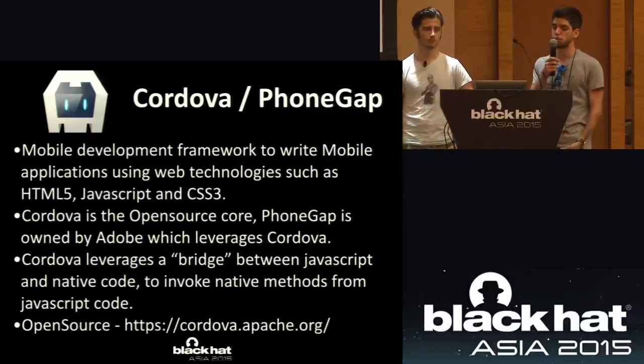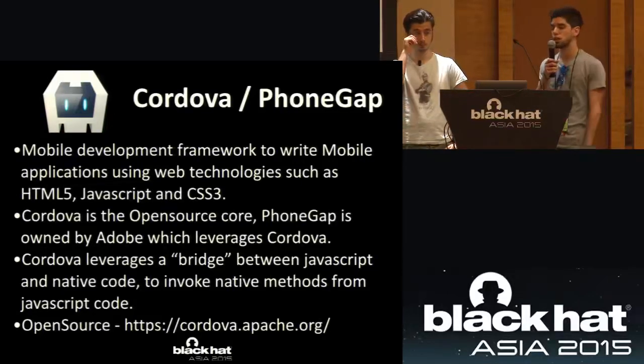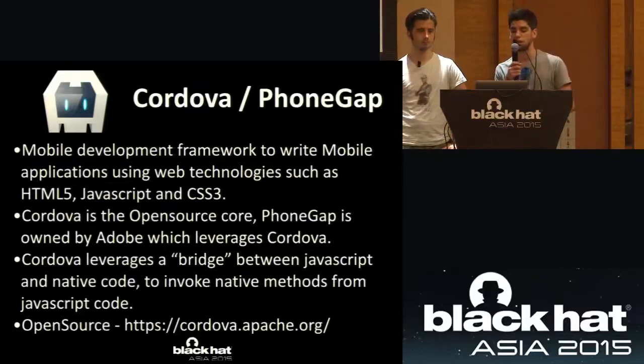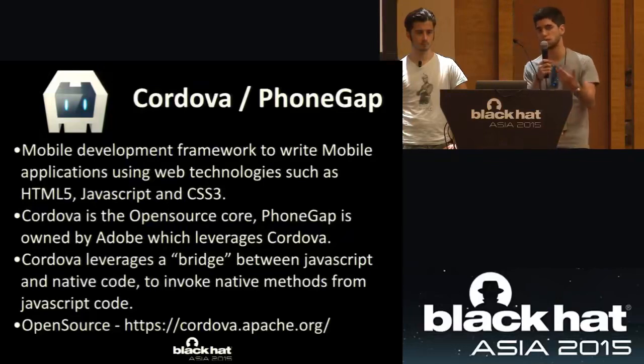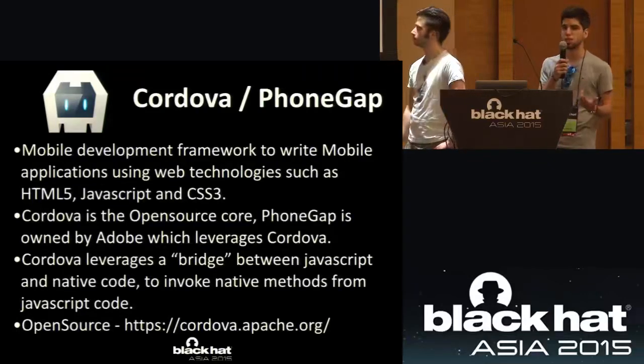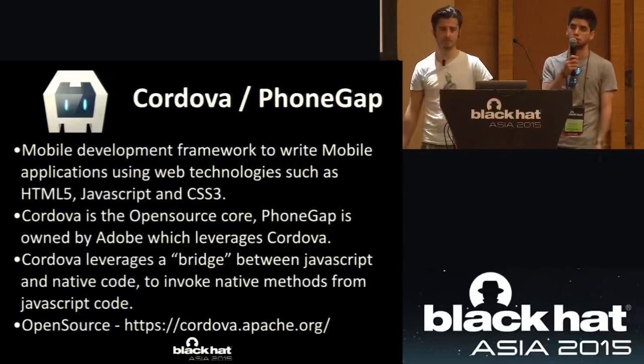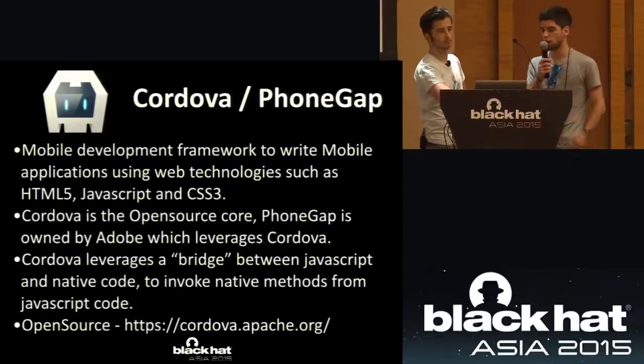And it is thanks to the use of script languages like HTML5, JavaScript, or CSS. As my colleague Marco said before, the main core of the framework is based in Java, and right after that, they built at the top of the core framework the application's functionalities, which have been developed in JavaScript or CSS or whatever. So basically, Cordova is an open source framework, which means that we don't need to reverse engineer the framework. We can just clone the repository and start looking for vulnerabilities in the source code, which